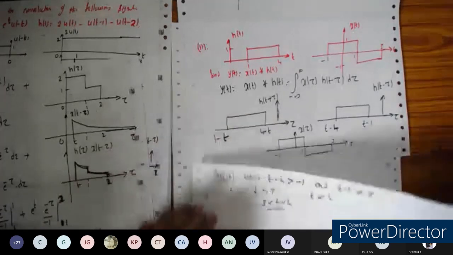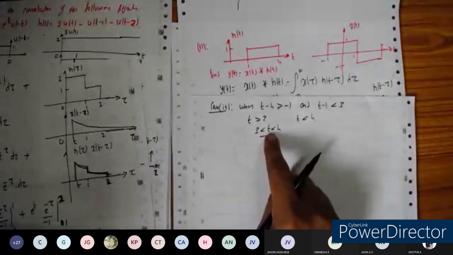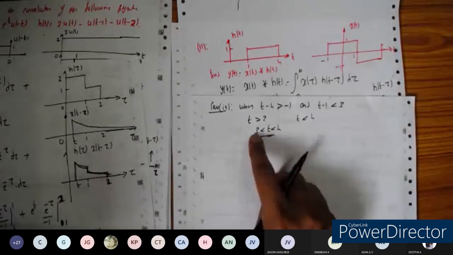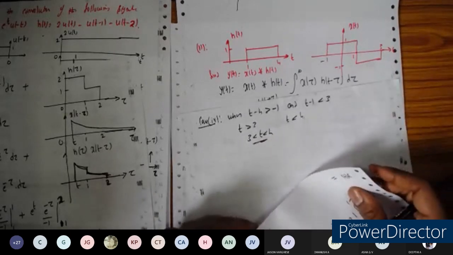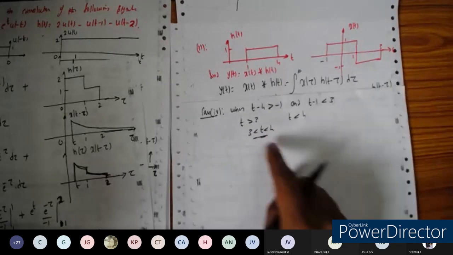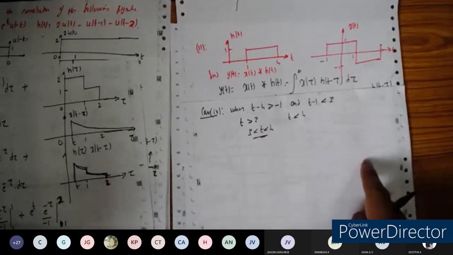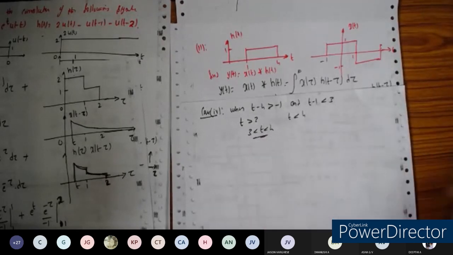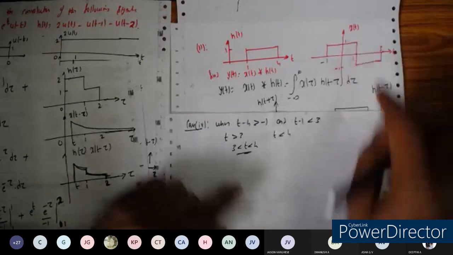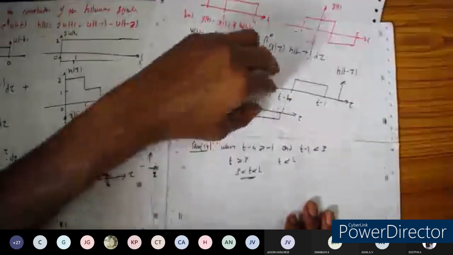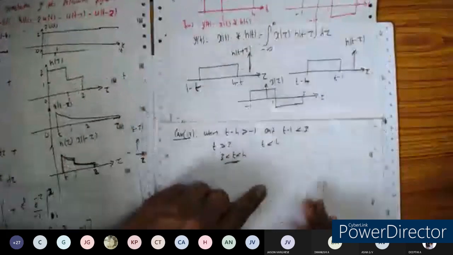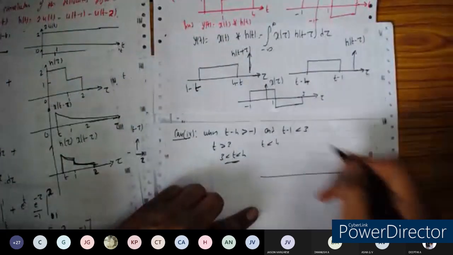In the previous case, t could take values from 2 to 3. Now it is 3 to 4. Whatever time intervals you take, they should be continuous ones, like 0 to 1, 1 to 2, something like that. So let me plot the waveform for x of tau first here, and later we'll plot for t minus 1. Okay, so x of tau.